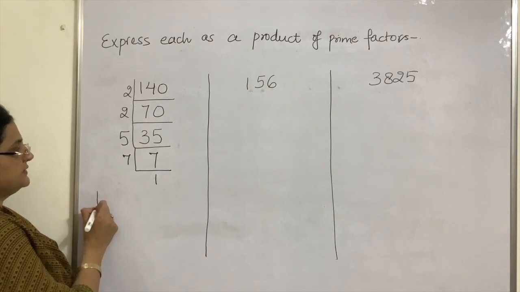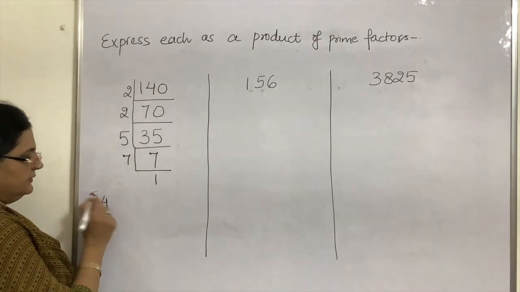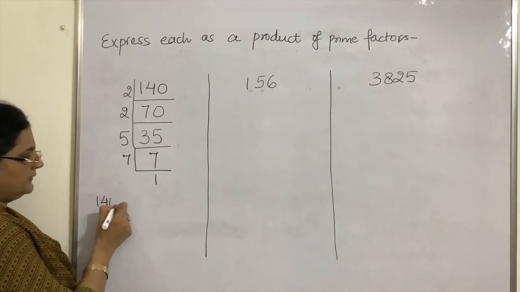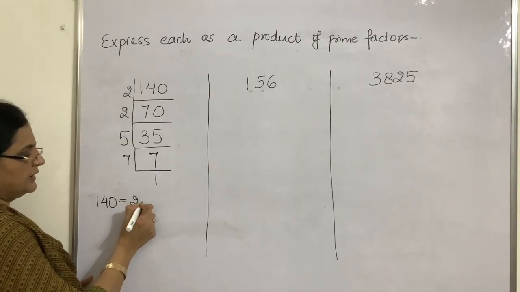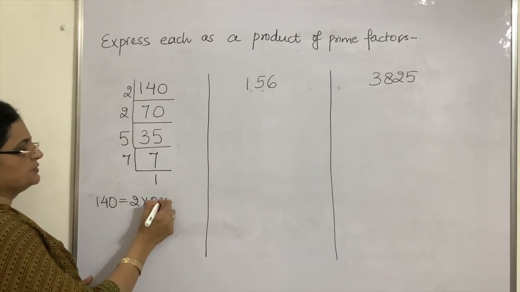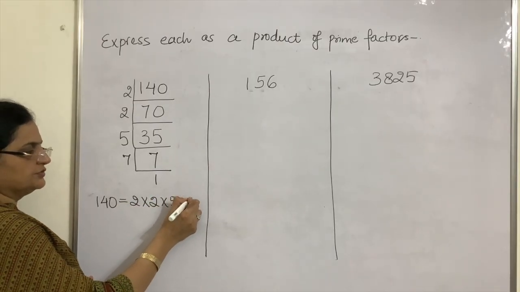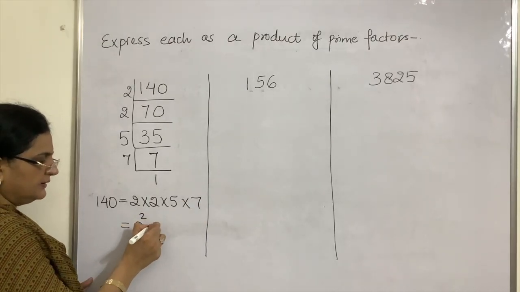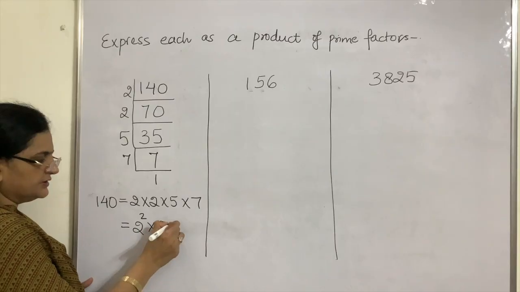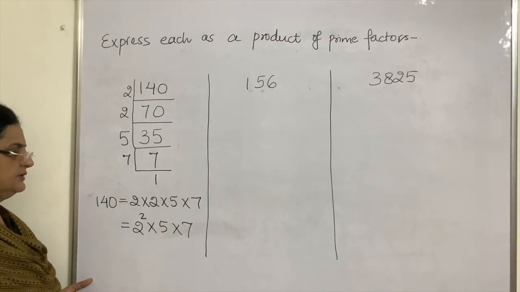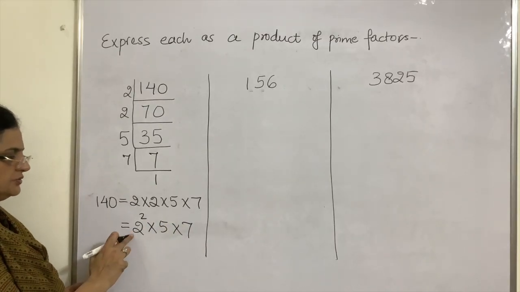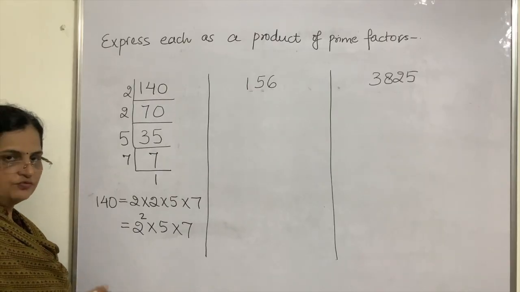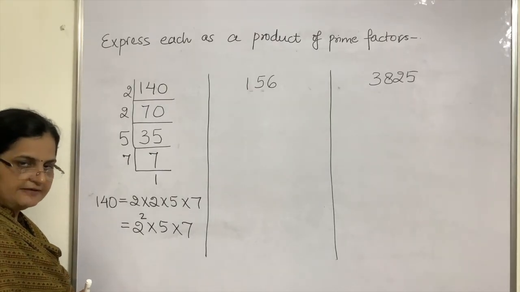So we can write 140 is equal to product of primes, 2 into 2 into 5 into 7, and it is better to put it in the exponential form, that is 2 times 2 is appearing, so it is 2 square into 5 into 7. Okay,